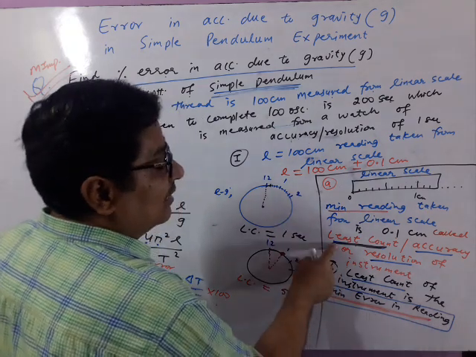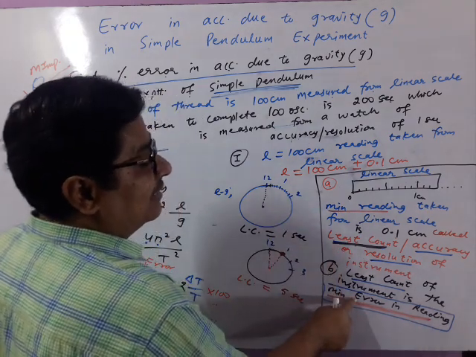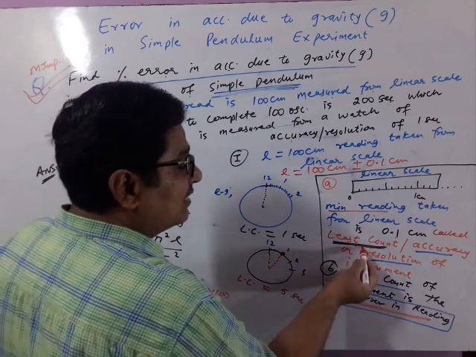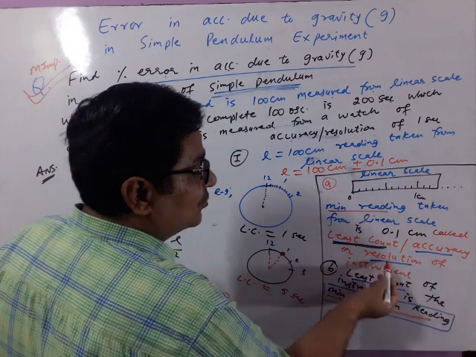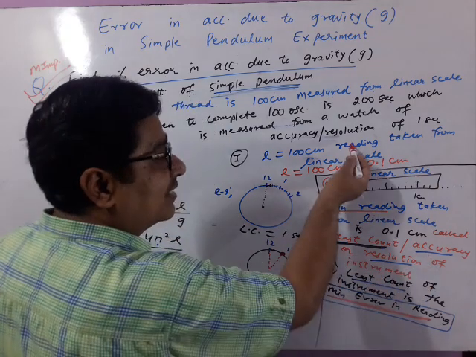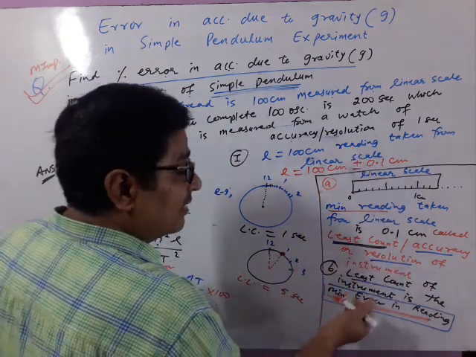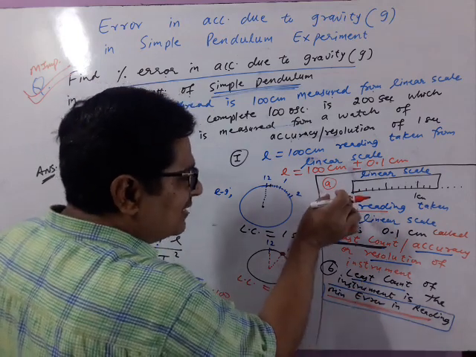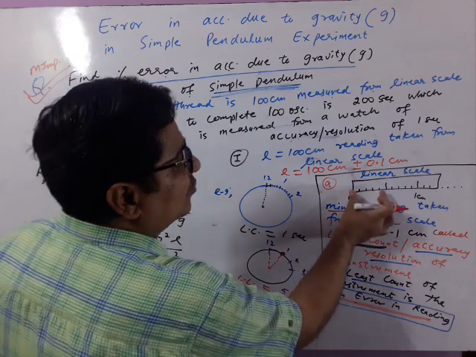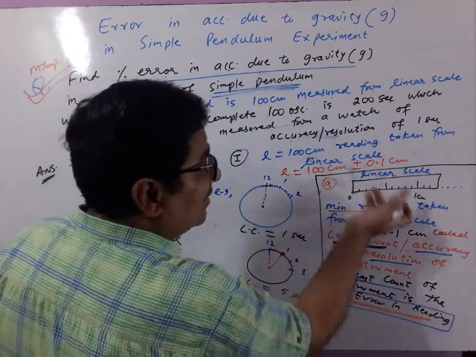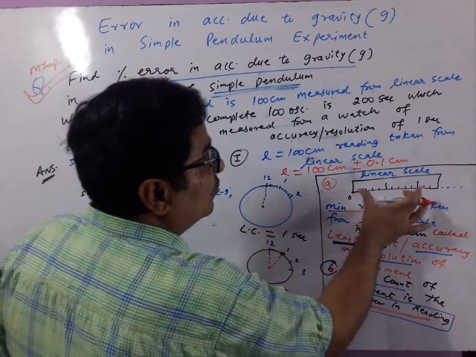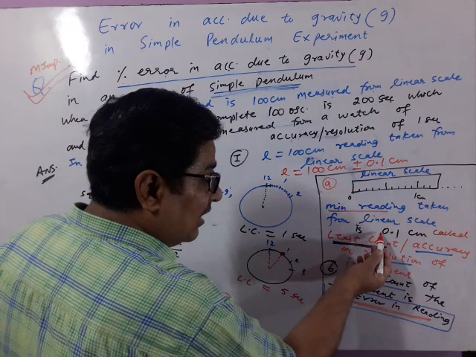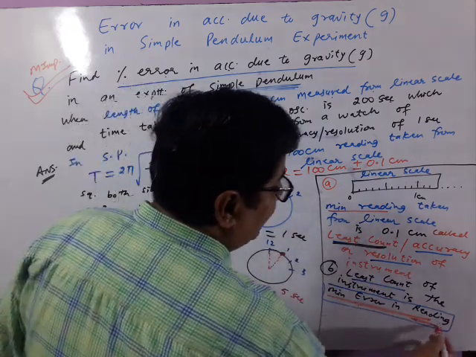जो भी least count होता है वो minimum error होगा reading में. Remember this. So first of all, find what is the least count, what is the accuracy or resolution of the instrument. Either this will be given. The least count is taken as minimum error in the reading. Now reading may be less, reading may be more. You can have reading only 10 centimeter. Then again error is 0.1 centimeter. Reading is 200 centimeter. Again error is this. Error will remain least count. You may take any amount of reading.